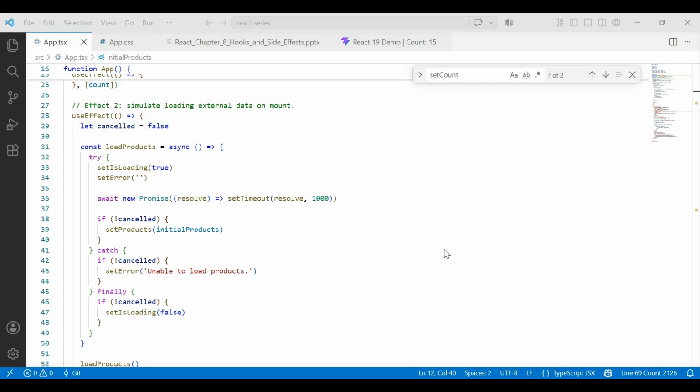So this gives us another important flow: component renders, effect starts request, request completes, state updates, UI re-renders. Notice that the API request itself isn't responsible for rendering the UI, it simply provides data. React state remains responsible for deciding what the UI should display. Now let's move to the next slide,